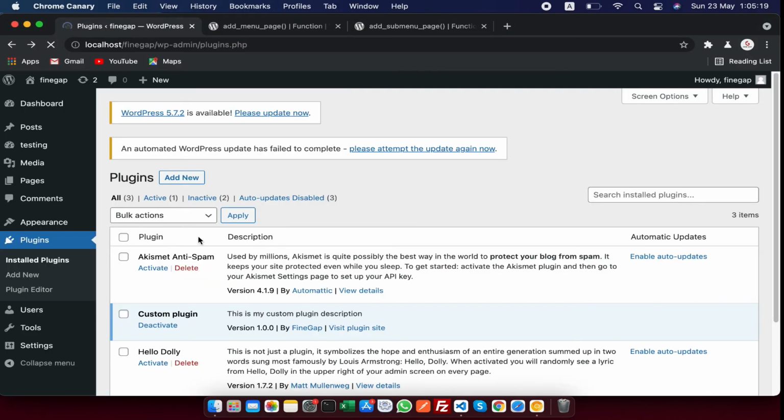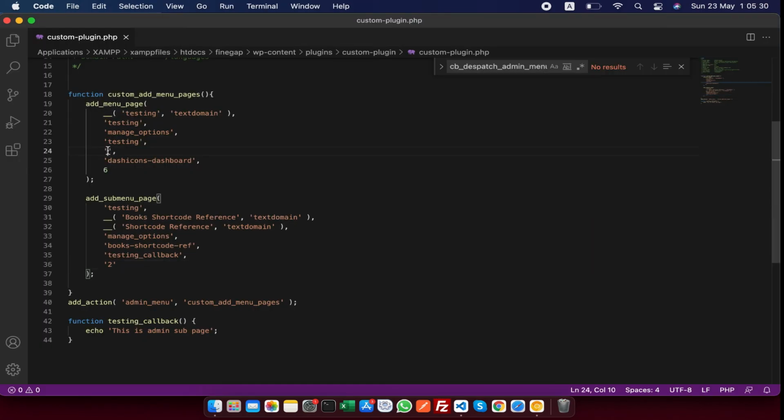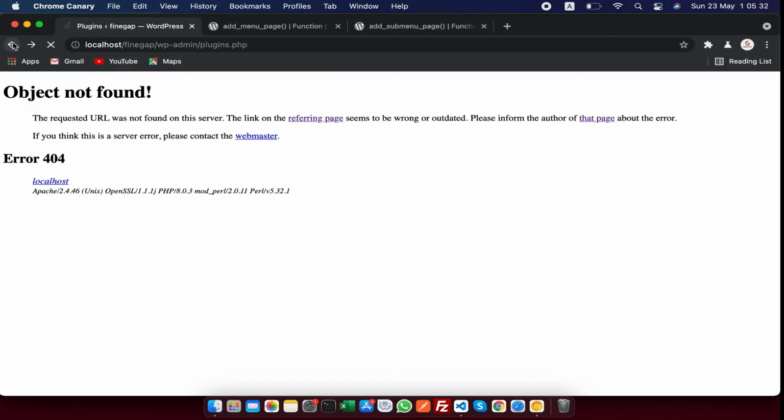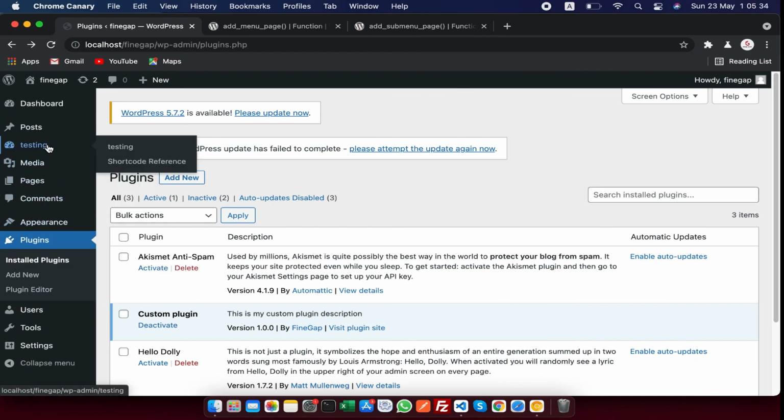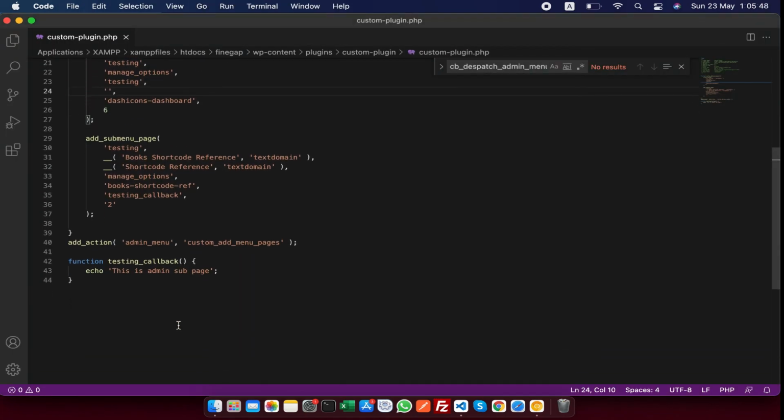Try it. Yeah, it's done. As you can see, we did not add a callback function for the admin page, so it is empty. If we click on it, as you can see, this is the admin subpage that we added in the callback, and it is showing.